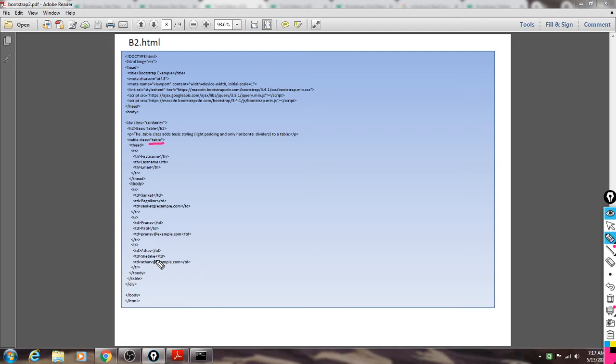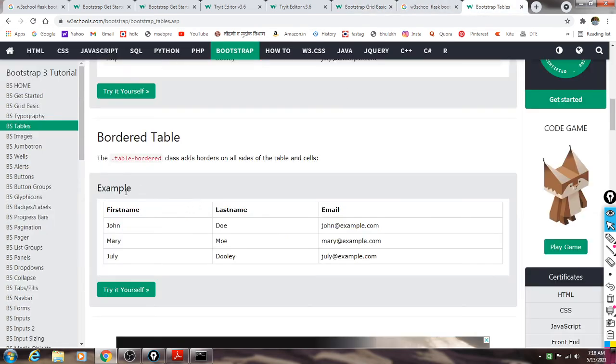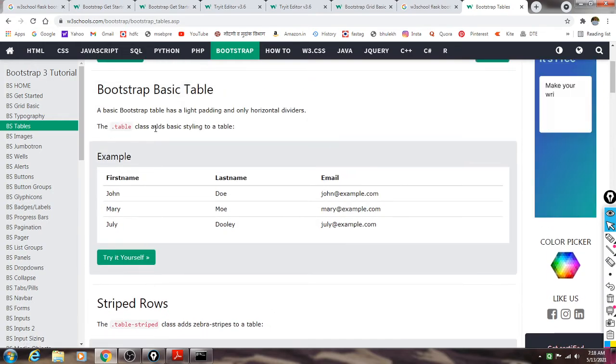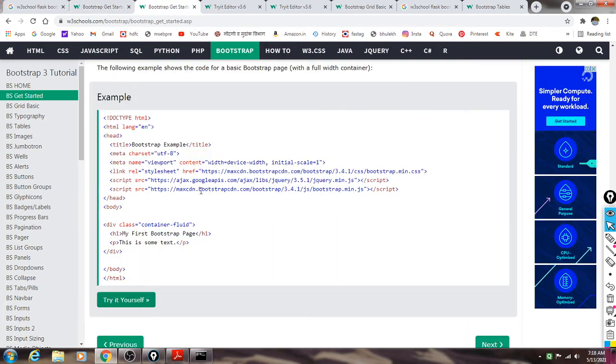So how did we include this data? We used a template from w3schools.com, and we changed only the contents. This script is already available, this bootstrap is already available here. Look here, so this is the table. The table class is there, and I think the source is also there.